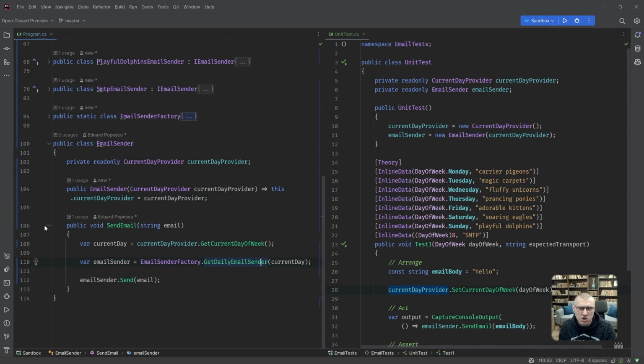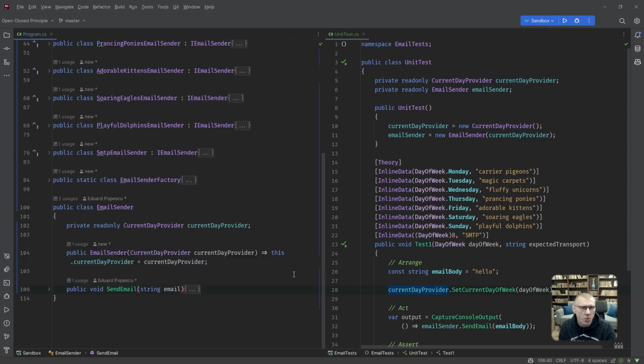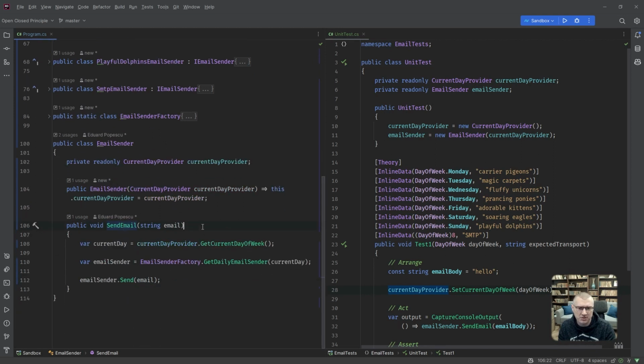But then again, you don't know what I'm doing. You shouldn't know what I'm doing. That's the whole point with objects. You don't have to know how I'm doing stuff. You need to know what I'm doing. I'm sending an email, sure, but you don't need to know how I'm doing that. So until proven guilty, I would leave this as is for now. Okay? Just saying.